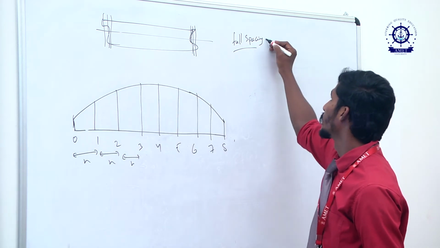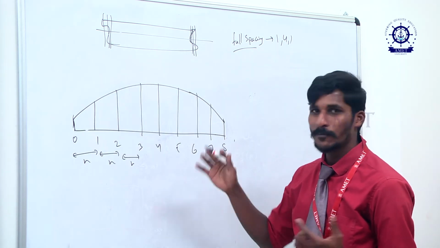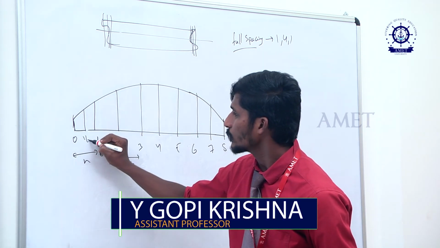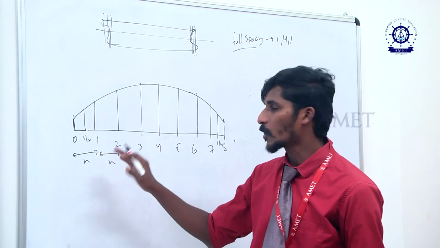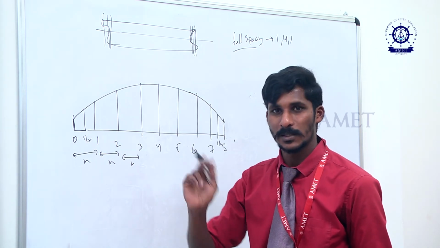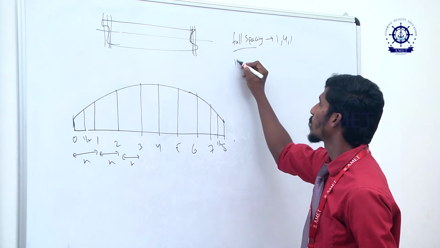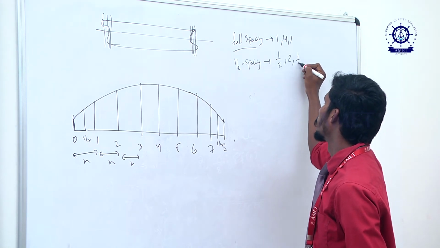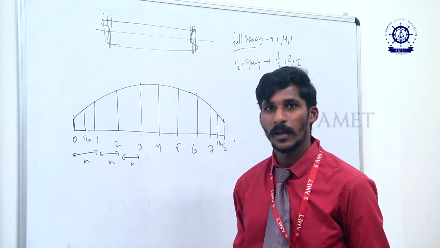Now if you see, this is the full spacing. When you have full spacing, the rule which you apply will still be 1 4 1, when you come under the first rule. In the same water plane, if I have a half station, say one half station here, there is a combination of two: one is half spacing and another is full spacing. So for full spacing we consider 1 4 1. When there is a half spacing, you have to halve it, which will be 1 by 2 and 1 by 2. Now the rule will become 1 by 2, 2 and 1 by 2.